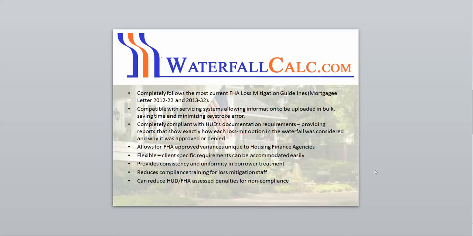2012-22 and 2013-32. As most servicers are aware, there's a lot of gray areas in these mortgagee letters, and we are in constant communication with HUD to clarify these, and whenever we can make a clarification, we make the change in the system. The system is also compatible with servicing systems, allowing information to be uploaded in bulk, saving time and minimizing keystroke error. It's completely compliant with HUD's documentation requirements, providing reports that show exactly how each loss option